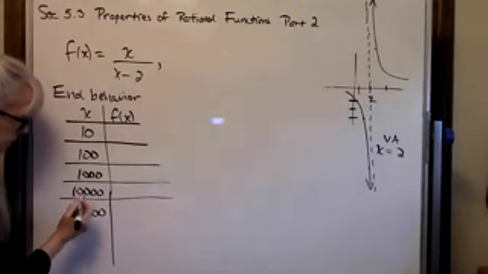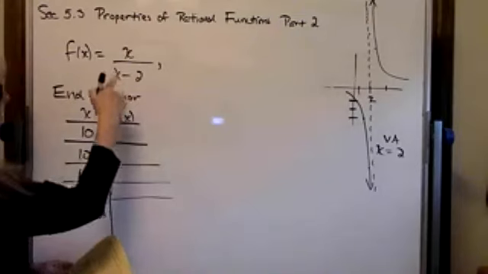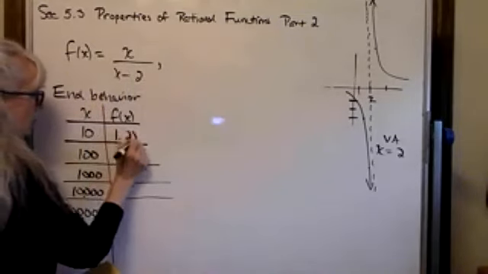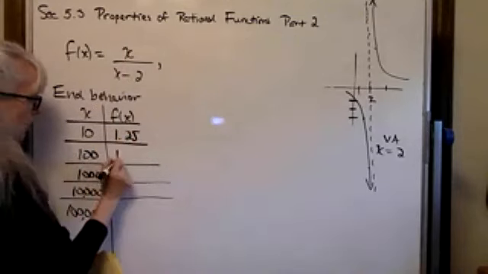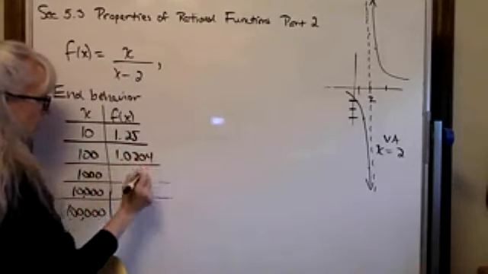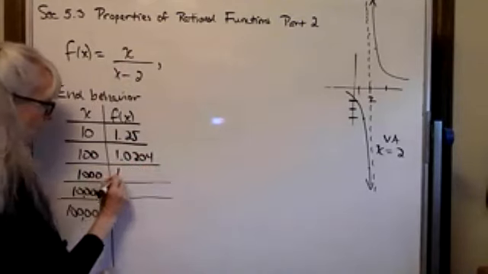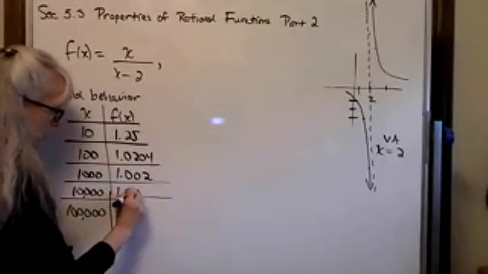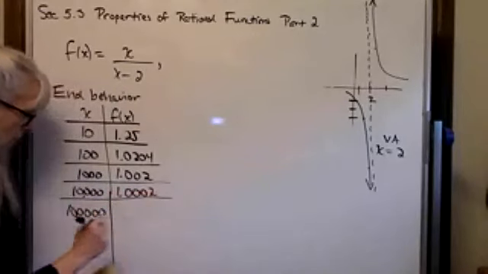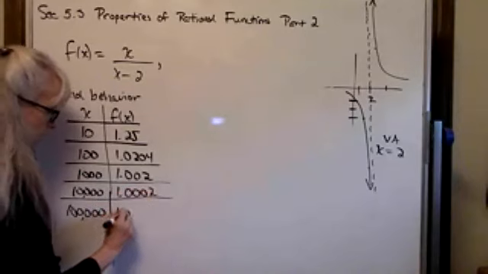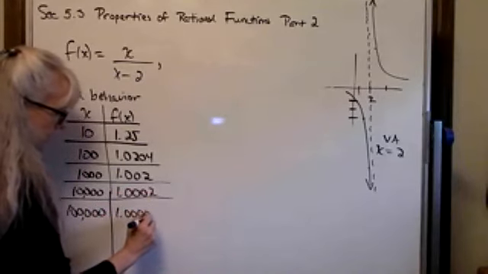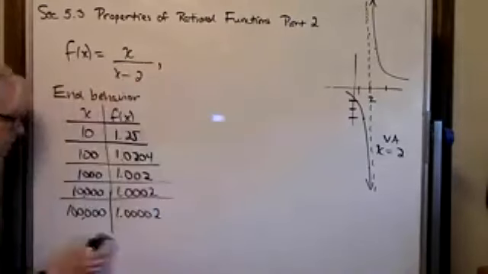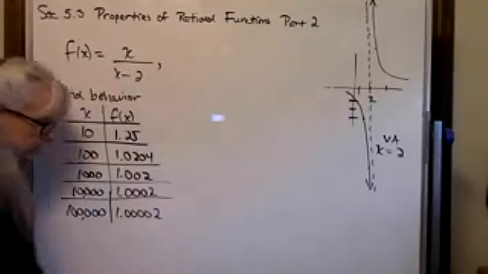So, okay, well, if you plug 10 into this function, that'd be 10 over 10 minus 2. That's 10 over 8. That comes out to be 1.25. When you plug in 100, you get 1.0204. Plugging in 1,000, 1.002. Plugging in 10,000, we get 1.0002. And when we plug in 100,000, depending on what you're setting your calculator to float the decimals as, we'll get 1.00002. Again, I'm letting the calculator build the tables for me, or you can continue to plug in the number,